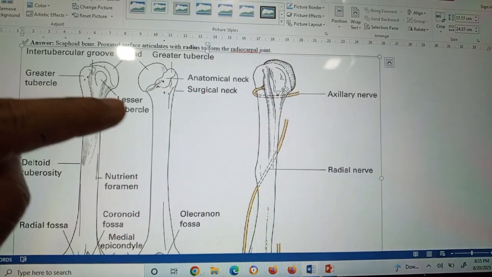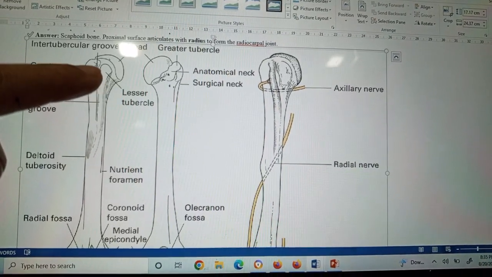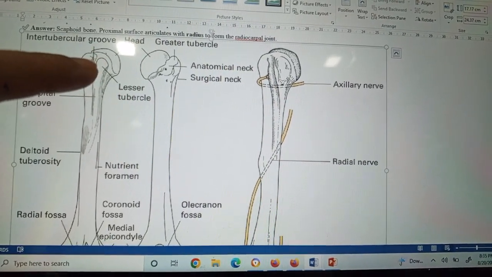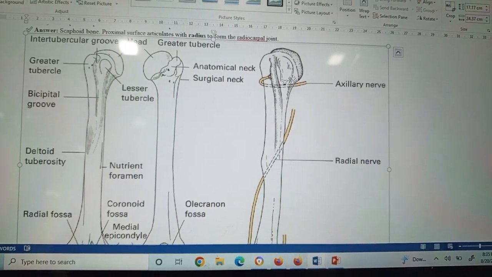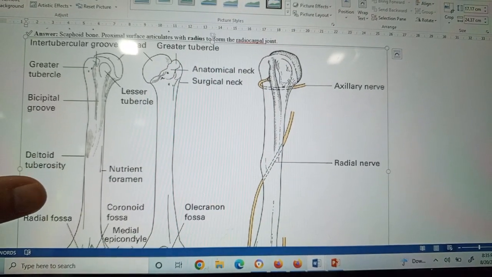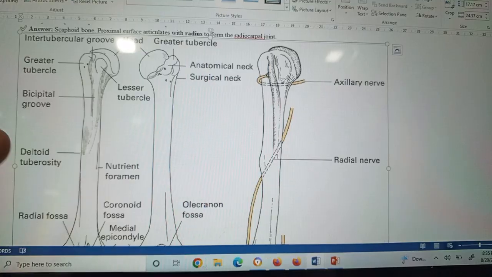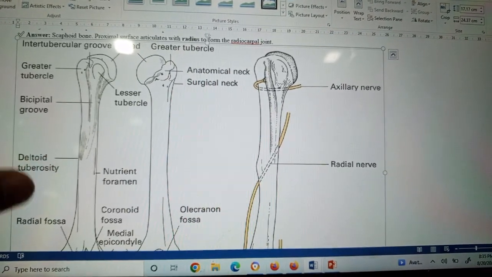It will be shown in radiology as well. Over here, if two marks are given, this is the head and this is the lesser tubercle. You can write both points if you are confused whether it is the head or the lesser tubercle. This is the bicipital groove, and this is the deltoid tuberosity, where the deltoid muscle is going to be attached. This is the nutrient foramen,